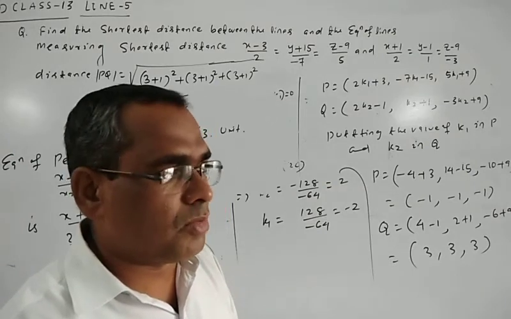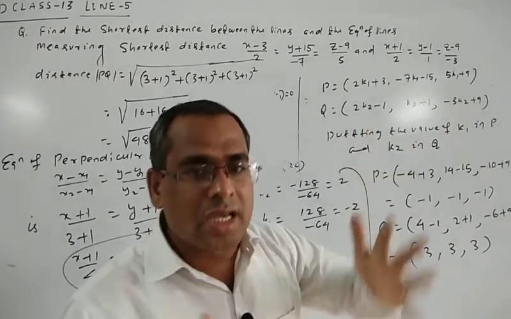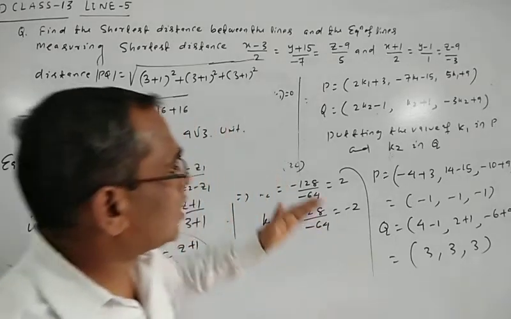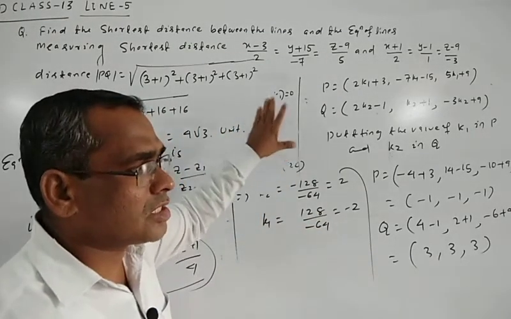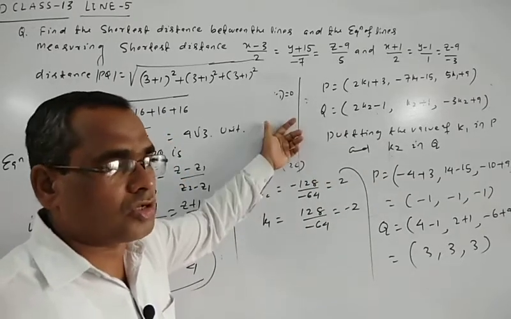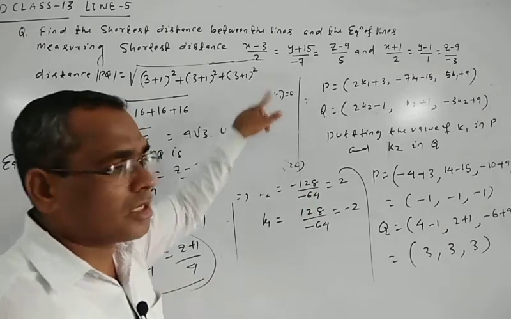Shortest distance formula we write the shortest distance, okay. If only the shortest distance is asked, you can use the direct formula. But if we ask what is the shortest distance between two skew lines and also the perpendicular equation, we must find the coordinates of p and q, so